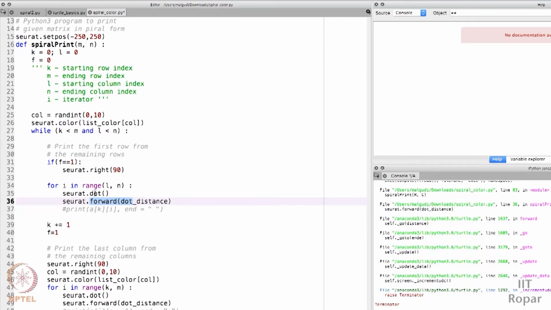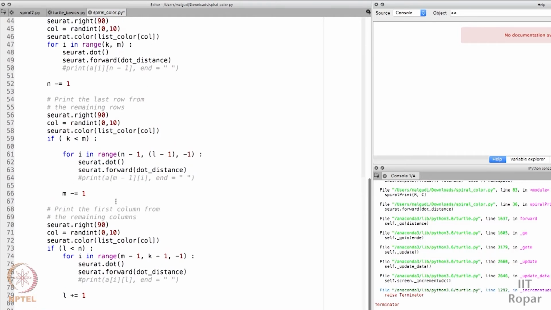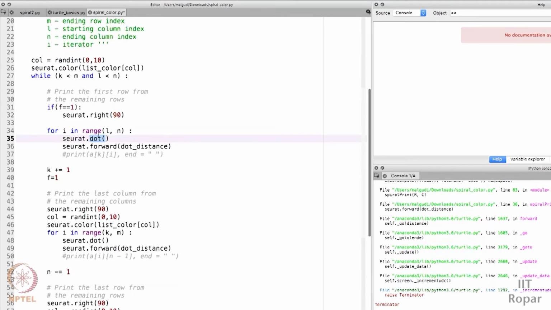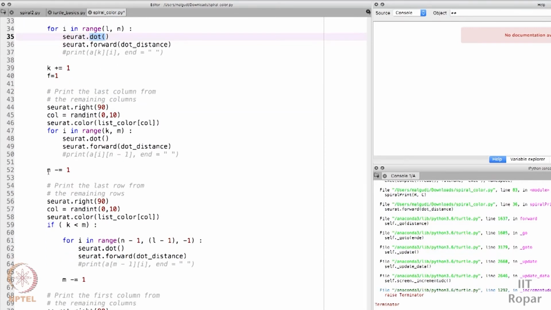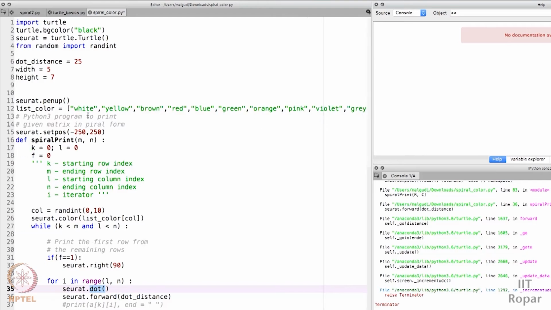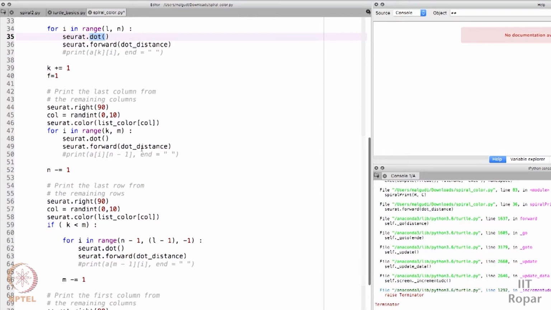Whenever you call a dot function, it will print a dot there and move forward. That's it. So that's what I was doing exactly there. And every time, I was calling a random function. So you can see here, call random from 0 to 10. 0 to 10 means between these I was calling a color from this list and using that color every time, so that my color changes randomly. And this is the program for the pattern.